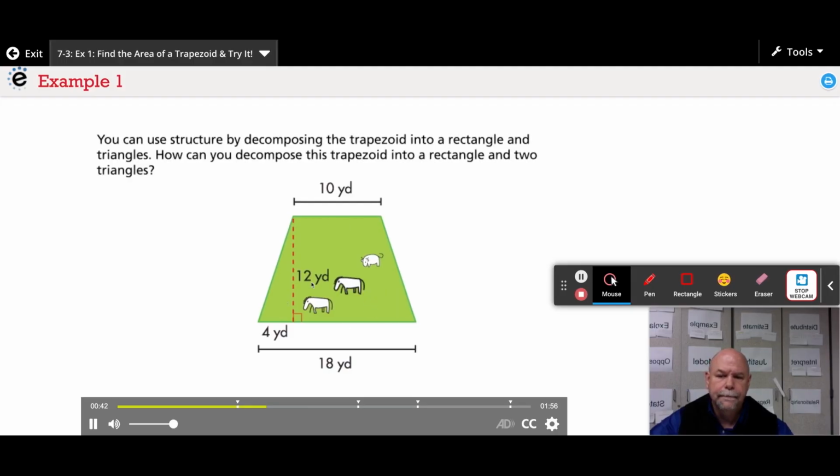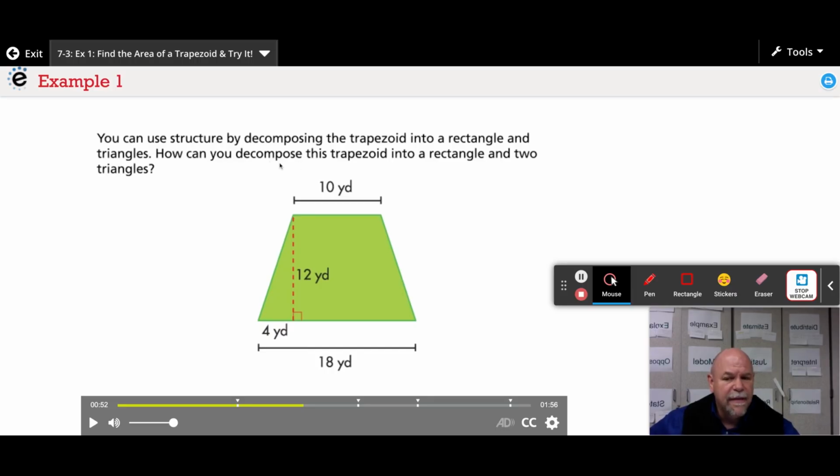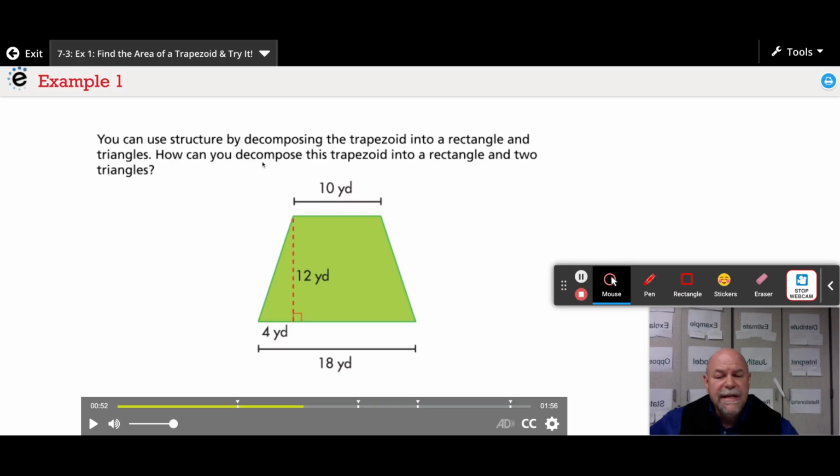You can use structure by decomposing the trapezoid into a rectangle and triangles. How can you decompose this trapezoid into a rectangle and two triangles? Let's talk about that word decompose. I think the best way of thinking about it is thinking about the word compose. If you're a music person, music is composed, it's put together. So composing something, in one sense, is putting things together. So decomposing something, we talk about in math as breaking things apart, kind of like what we saw with